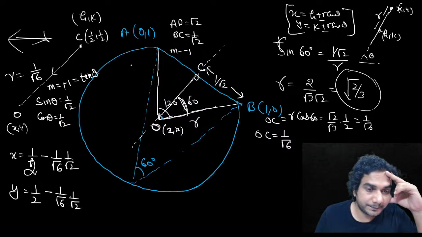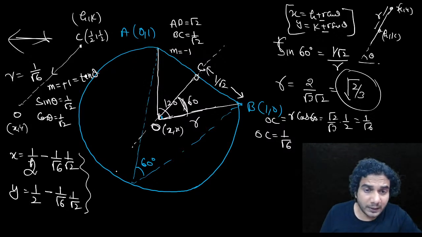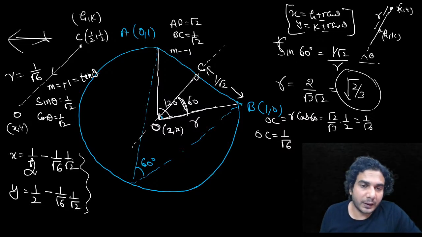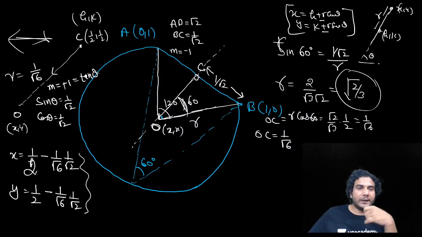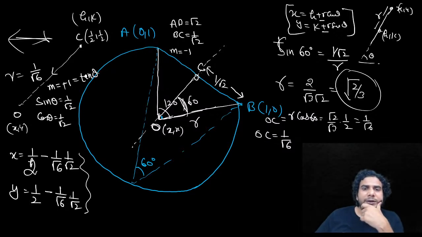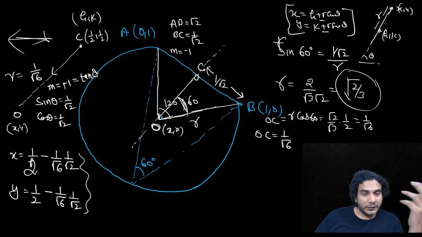So I hope you're getting it. So in this way we have got the center, you have got the radius of the circle. So now you know everything of the circle. Slightly lengthy, yeah. But if you're good in writing distance form, slopes and everything and geometry, then you can do it quickly. But if you're not good in this,